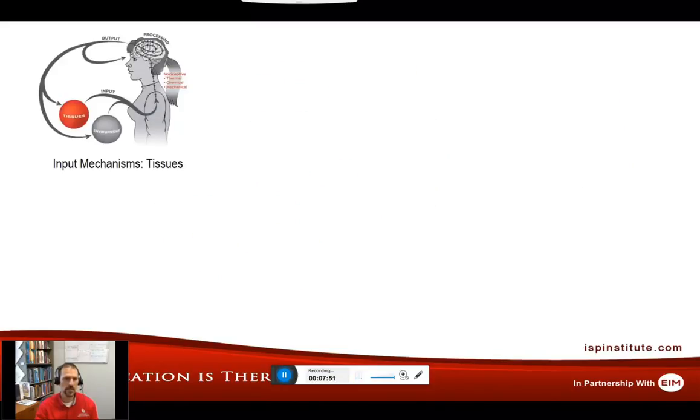So if we take a look at each of these individually to understand pain and the complexities and the modulation that occurs, we can look at input mechanisms. We can look at just the tissues themselves. Tissues do create nociceptive information and they can provide input into the system, and we do need to do a good job in therapy and in medicine to help evaluate these to see if these may be some kind of area that can be treated.